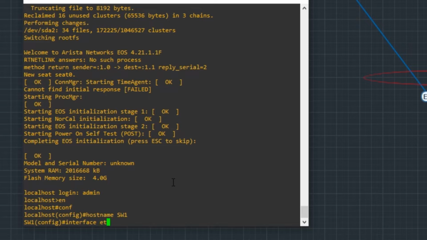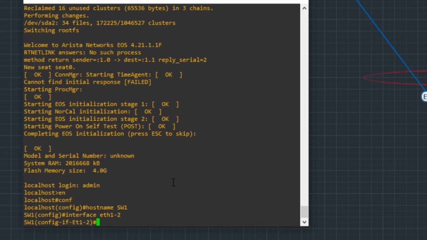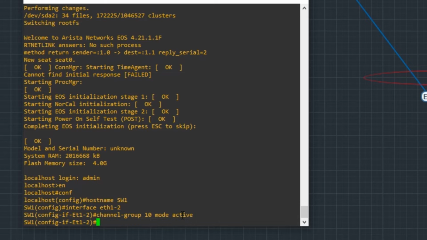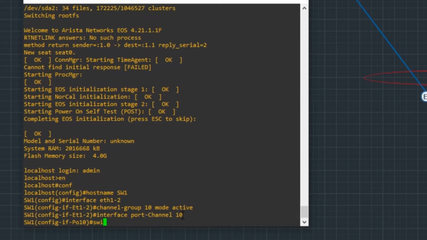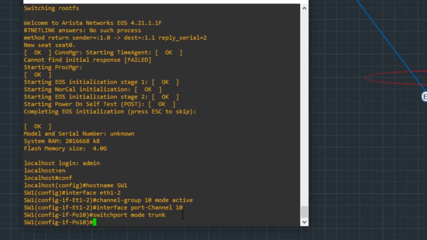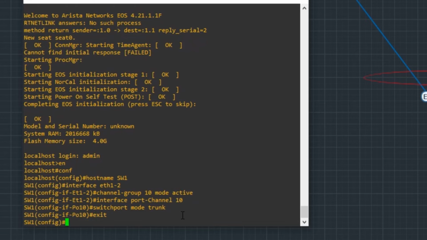Interface Ethernet 1 and 2, this one. So channel group 10, for example, mode active. Then you're doing interface port channel 10, switchport mode trunk, and that's all. Exit, and we are going to set VLAN 4094,